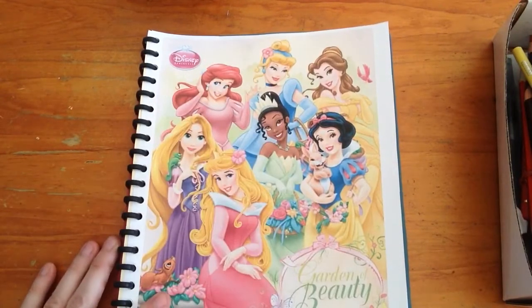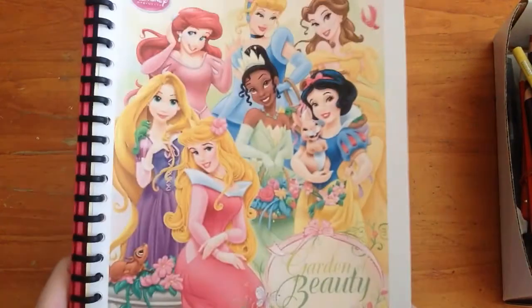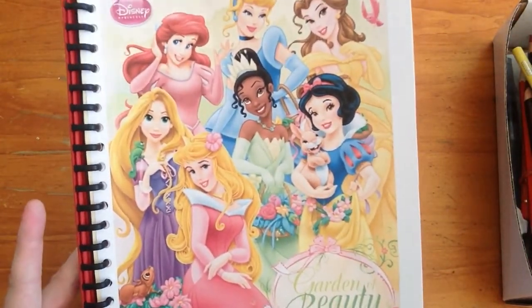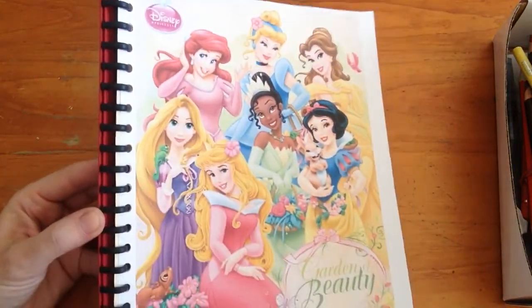I printed off this from the internet. I just looked up free Disney posters and this came up, Garden of Beauty. I'm just using it for myself. This is not to sell or to give to anyone else. This is just for me. So I thought, why not print it off? I'll use this as my cover. I put it into one of these,